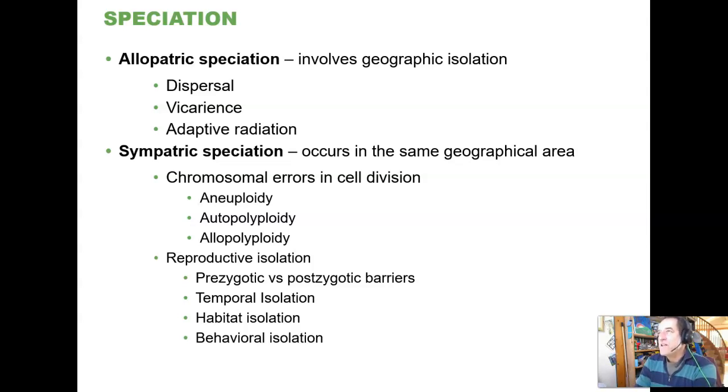If hybridization is completely impossible for whatever reasons, then we've absolutely got two separate species. All right. There are two ways in which this generally happens. There are two patterns that we see out there that explain pretty much all examples we might encounter. One is allopatric speciation. That means in a separate place. And sympatric speciation, which means in the same place.